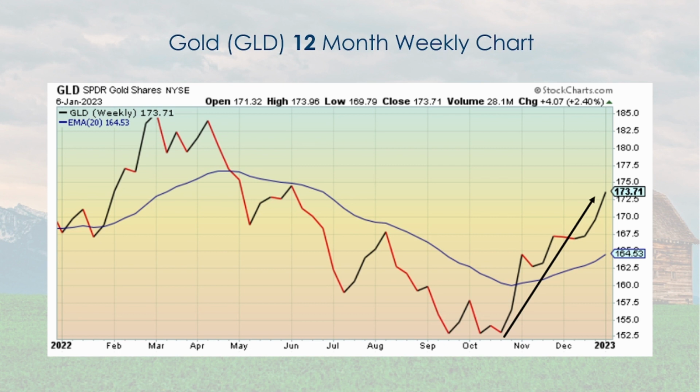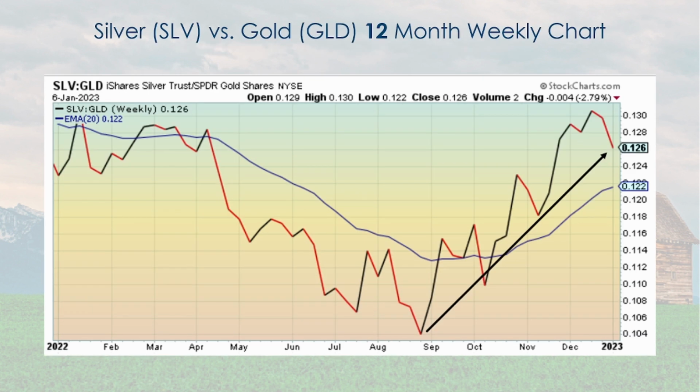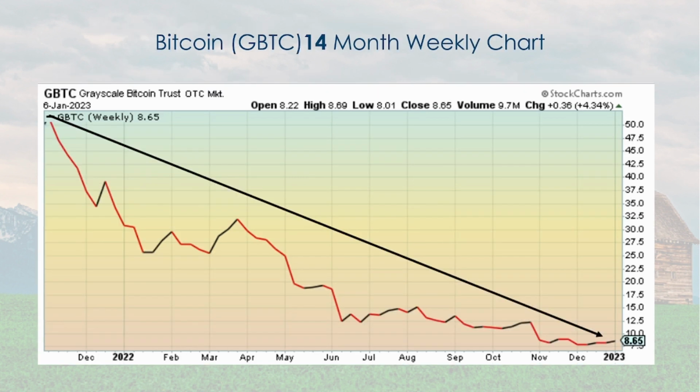Gold, measured by the ETF GLD, has been showing strength. It's been rising and rising. In the last couple of weeks, it's risen even more than silver. So that's interesting. And then here's the chart on silver. It's been going up also, but just the last couple of weeks hasn't shown the level of strength that gold has. And when you compare the two, putting silver as the numerator, gold or GLD as the denominator, you can see that it's actually favoring silver, generally speaking, but in the last couple of weeks, gold had a little bit more outperformance. And then Bitcoin,